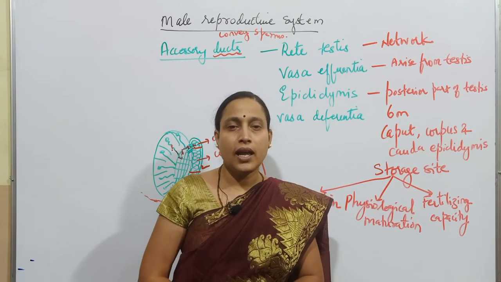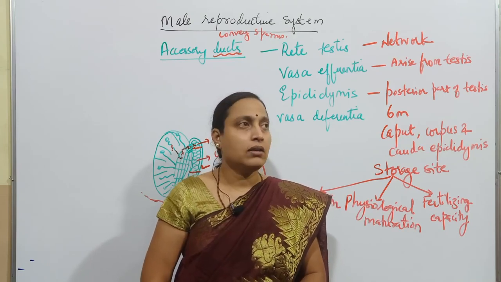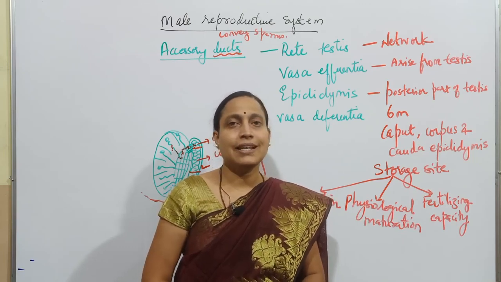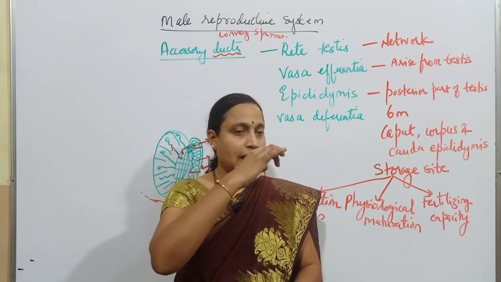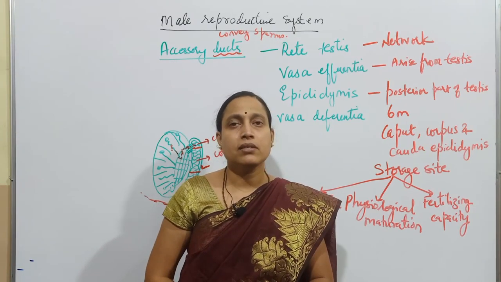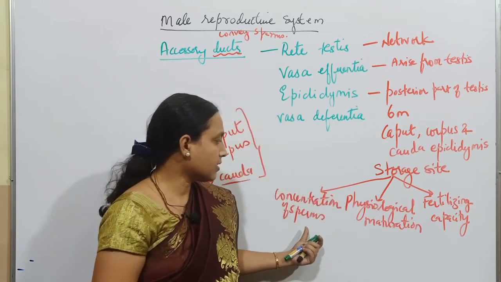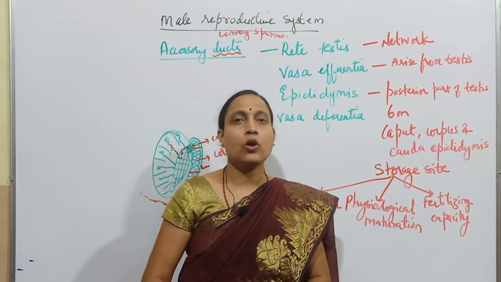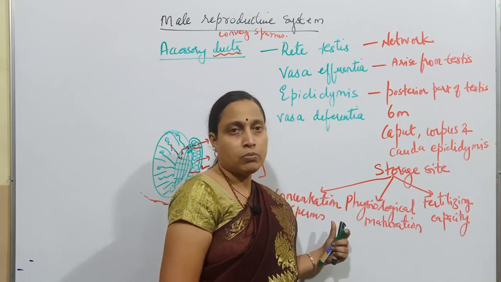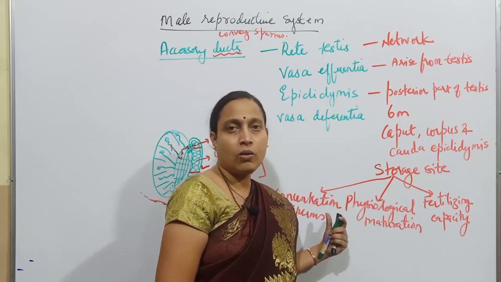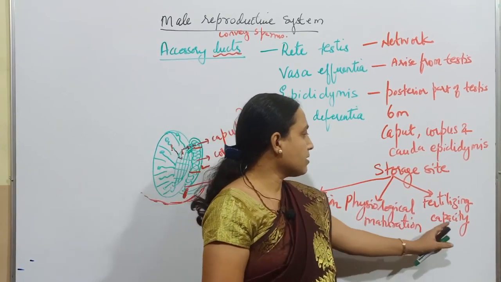can occur in epididymis. How it occurs is, because the epididymis is lined by ciliated epithelium, the cilia is stereocilia type, and also the epithelium that is lined within this epididymis can absorb the excess of fluid. As a result, the sperms can get concentrated. So reabsorption is possible here in epididymis. Because of this reabsorption, the sperms can get concentrated here. So these are the changes occurring in epididymis.